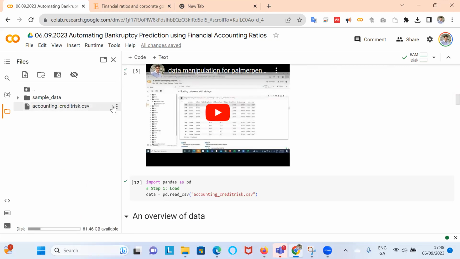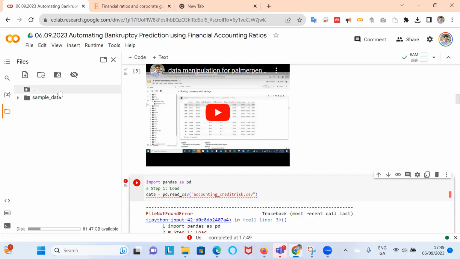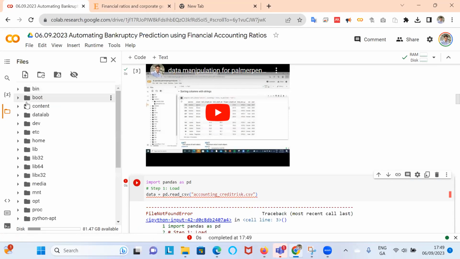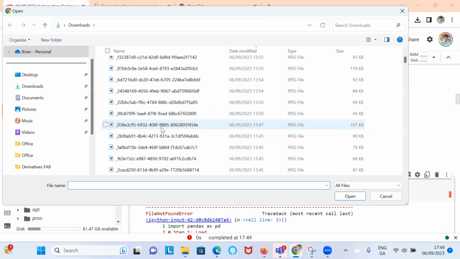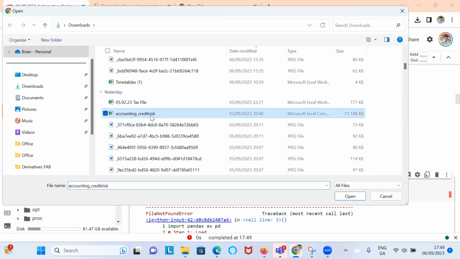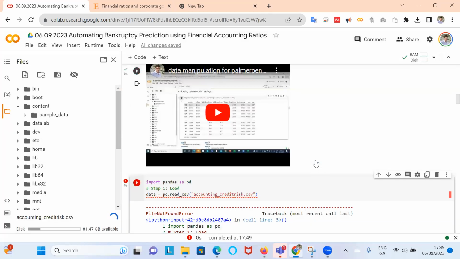Now, here I already uploaded, right? So this accounting credit risk file wasn't here before. So if I delete that file and then run here, import, try to read the data, and call that data object data instead of df, it won't work. So I need to go to the content folder and upload the file with the correct name. Now the file is actually the file I had from yesterday. It's this one, so I'll just open that up. But again, I took it from Kaggle, right? And just relabeled it accounting credit risk.